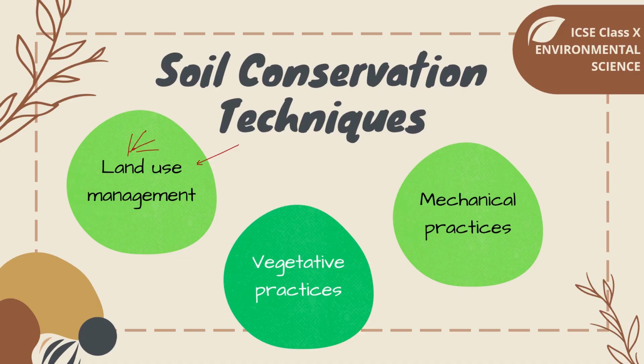The second one is using vegetative or biological practices. Now, vegetative practices are basically the cropping practices. So, you use different types of cropping techniques, for example, crop rotation or alternate cropping, or like we saw in the previous slide, using wind breaks or strip cropping. So, you use different types of vegetative practices to ensure that the soil is getting conserved. And the third one are the mechanical practices, which are basically